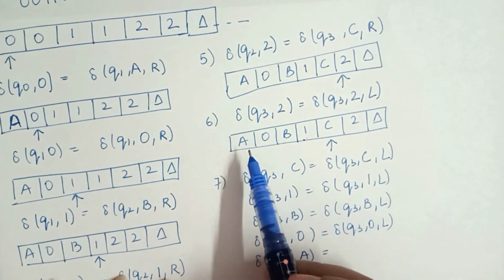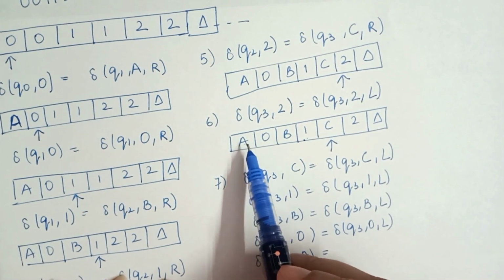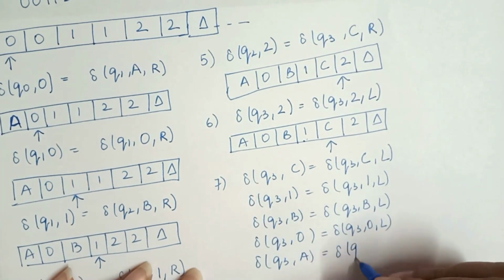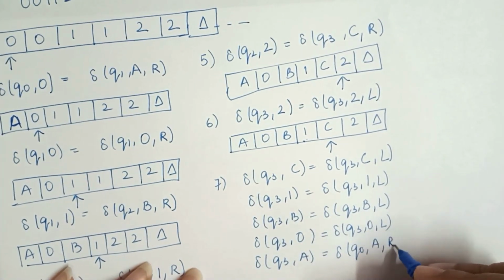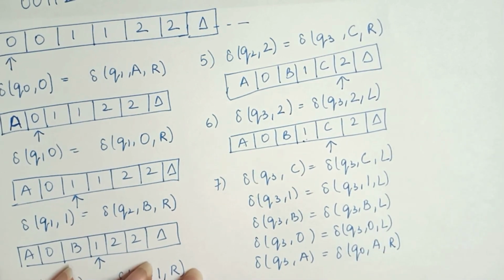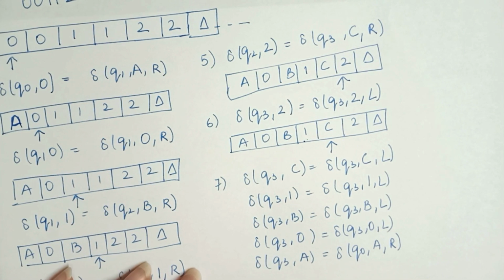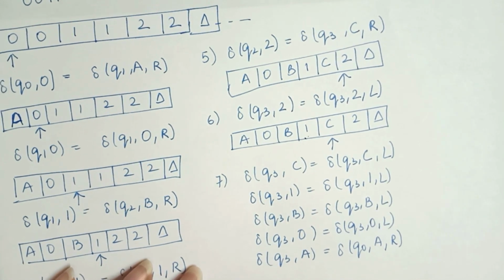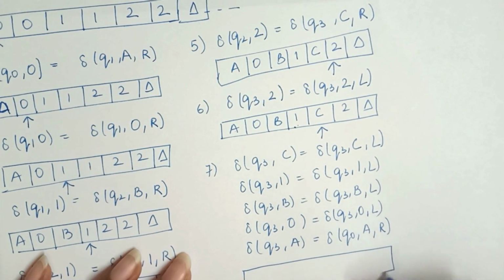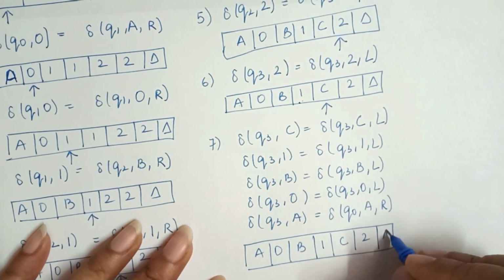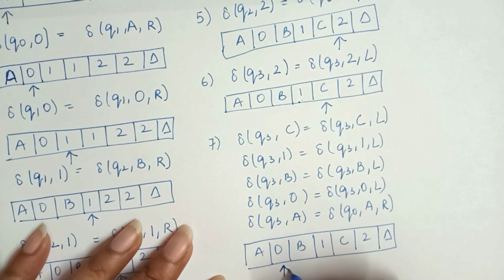When we are reaching this A, as we know that this A is on the initial state, that is Q0. So this will become Q0 state A, and again we are moving to the right of this, because the number of 0, 1 and 2 will be 1. Now we are moving ahead to read the next 0, next 1 and next 2. For that purpose, we are moving to the right of the input tape. So the input tape will become A 0, B 1, C 2 and del, and the pointer is at 0.